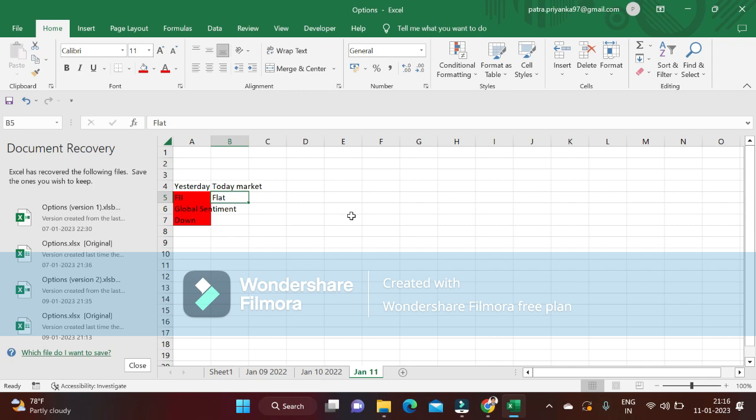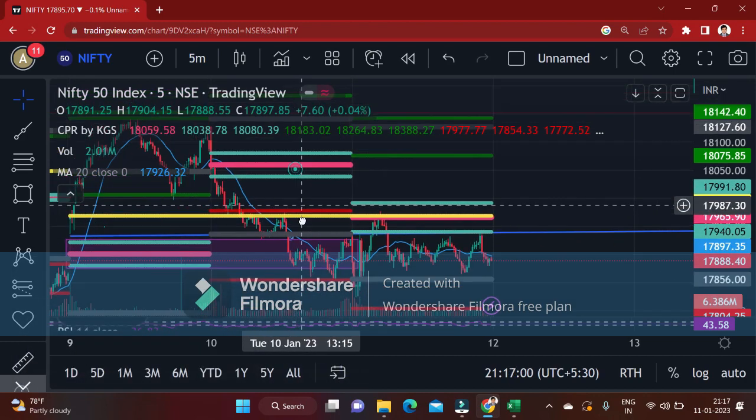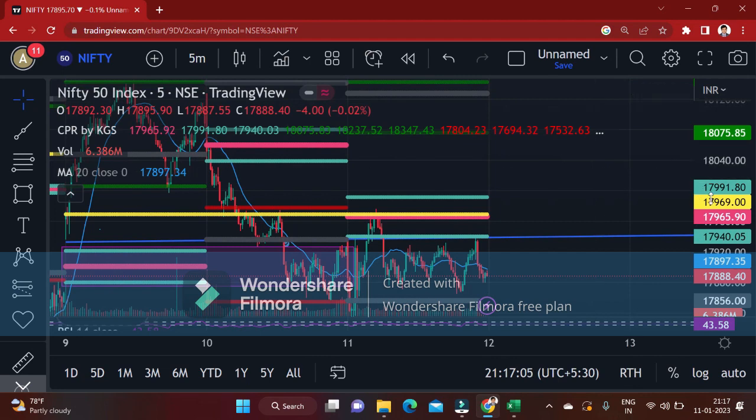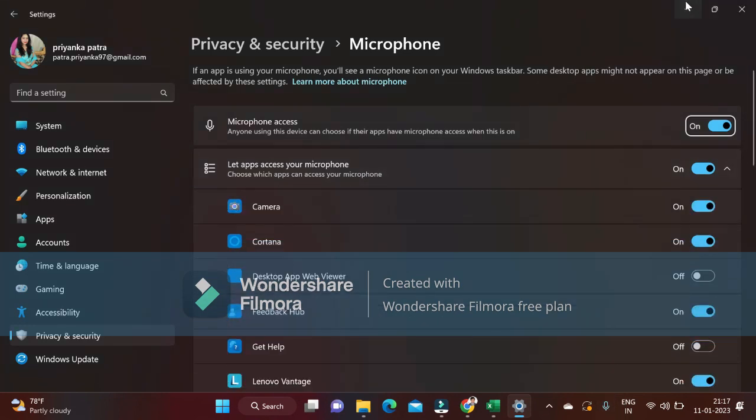But most of the time in the market, what happens, it happens like this. If there is a big trend in the last day, all people will think that the same thing will continue. There FII and DII play a role, and they will trap the new traders. So in this case what happened,